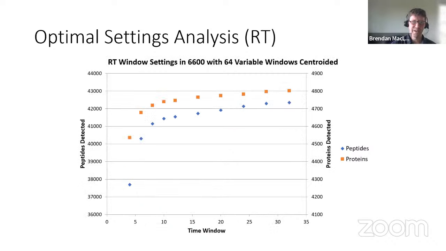And then I did a retention time analysis also. I actually expected that once I got the window large enough, the number of detections would go down, but it turned out that detections were really quite stable, even out to a 30 minute window. Around a 10 minute window there was not a whole lot of improvement after that. But again, this is like 10 points, and I was able to set it all up with a batch script